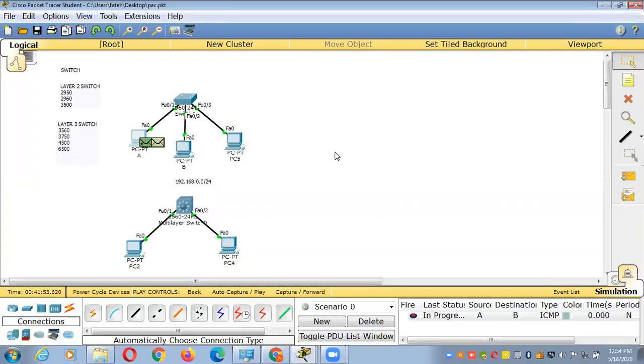Who will give the answer? Because of broadcast, we are giving a layer 2 broadcast address. Who will give the answer, brother? Anybody? The switch does not know all the PCs connected to it. Who will give the answer? No one. No problem. The switch performs broadcast the first time and unicast the second time.